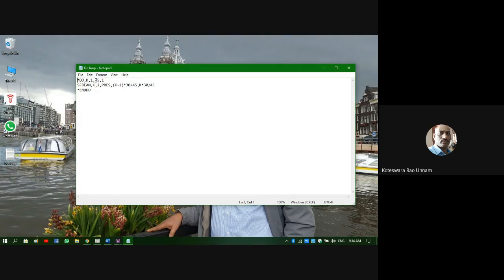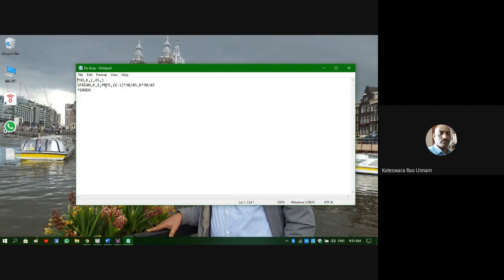This first line, for every iteration, selects a particular element. In the first iteration it takes the first element, in the second iteration the second element, then the third, the fourth element, like that. Then what about the second statement? We need to apply that UVL for each and every element. For that SFBEAM is the command. In the previous class we already saw that it is the pressure on the beams. Whatever K I am selecting, I am applying that K here, so I am applying it for that particular element.